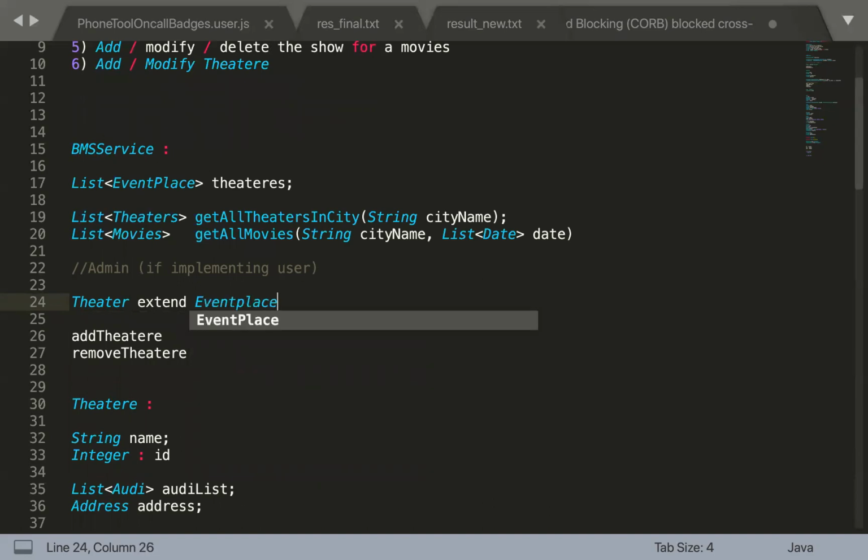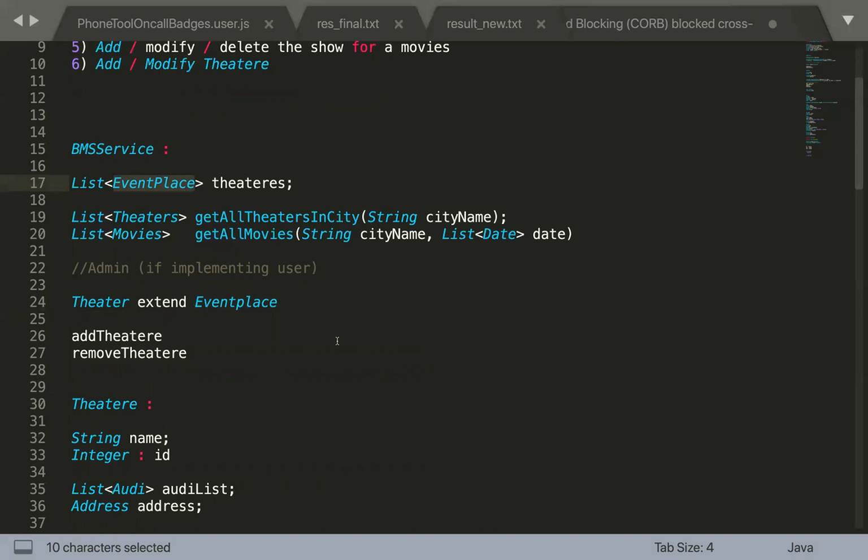It is a relationship. Each theater is an event place. Auditorium is an event place. Open air amphitheater is an event place, right? So different types of places can extend from these event places. And as you have this generic implementation, it can very well suffice this need, right?